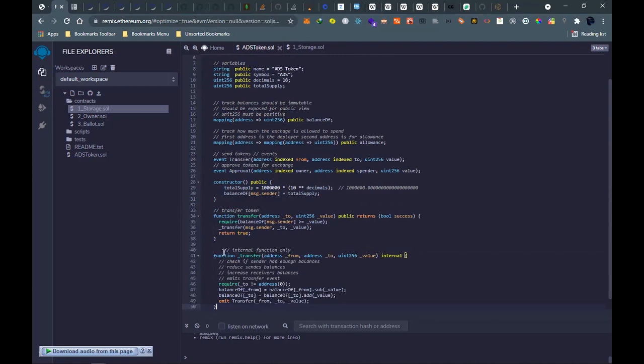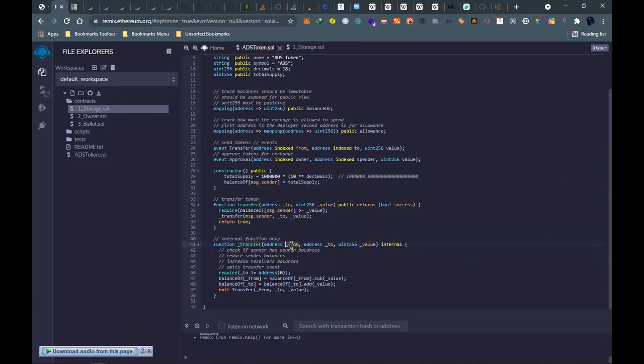So this is the internal function, the transfer, and it's normally written with an underscore. We have transfer with from, to, and value as parameters.